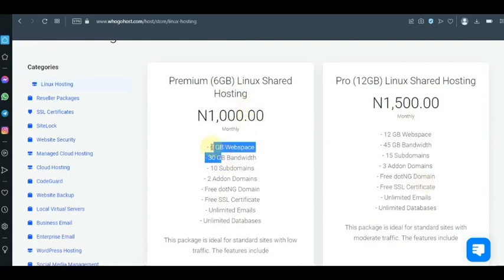Here you are given 6 gig space. Now this should only be used for building simple static websites that are not too functional, like a company website, like a 5-page company website. So this should only be taken into consideration for that. You could add 2 add-on domains. You have unlimited email, free SSL certificate, and a free .ng domain, which I think is actually a